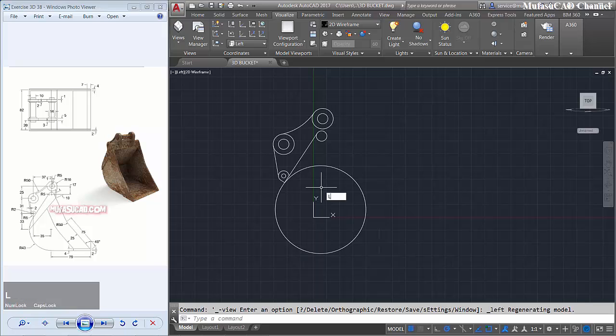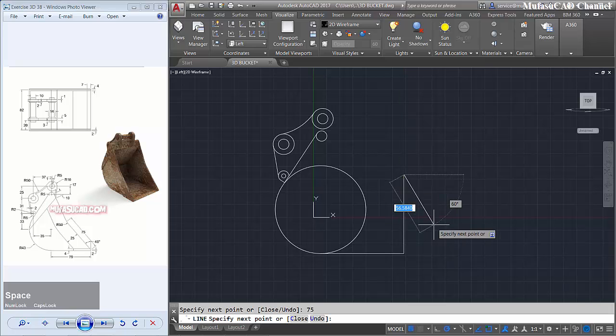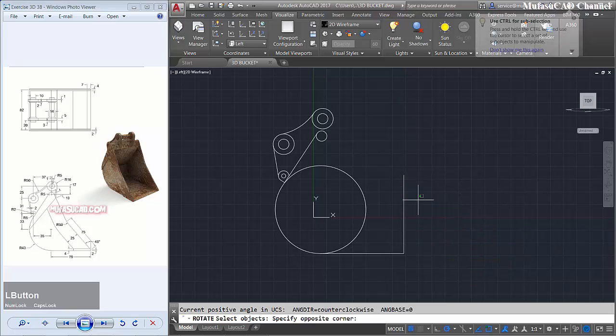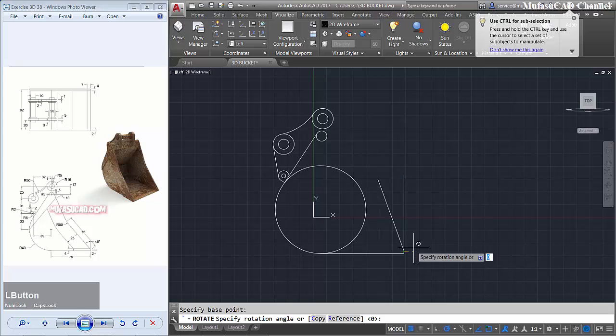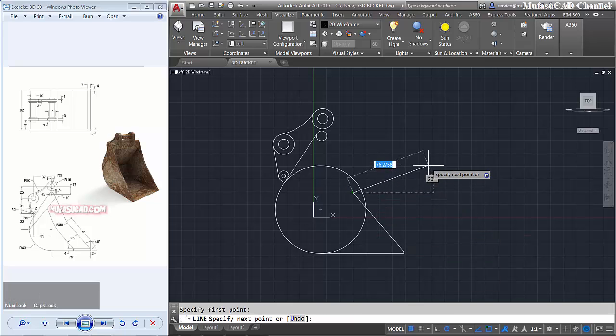Okay, next we create a line, start from this point to the right 79, move to the top 2 and move to the top 75 and enter. We rotate this line object, start from this point with angle 40. I will create a line, start from this point with tangent.